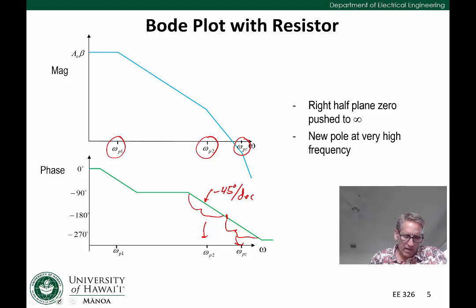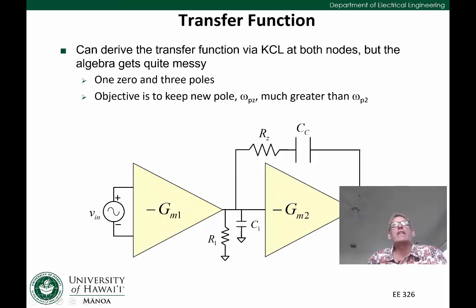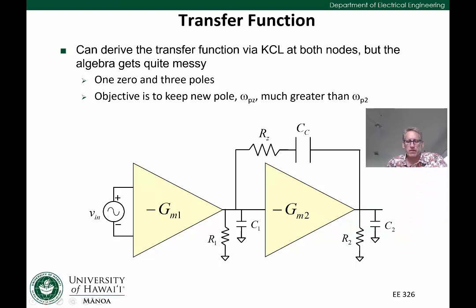Now, in terms of a complete solution to this, it is possible. We could, again, draw the small signal model like we've done before, using these GMs, Rs, and Cs, except we've now added this zero canceling resistor here. And we could do KCL at these nodes and solve for the relationship between the output and the input. We end up with 1 zero and 3 poles. It's pretty messy, but it is possible to do,